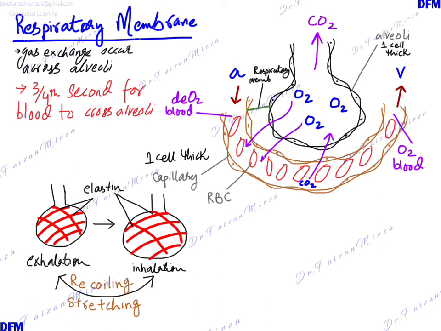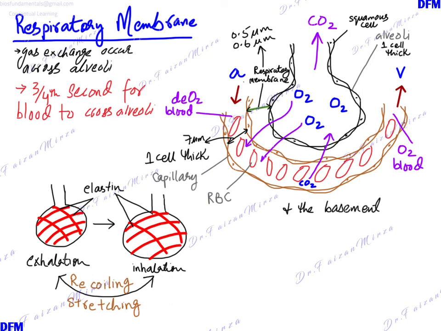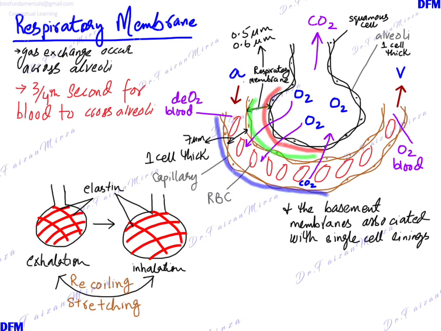This region is the respiratory membrane. The respiratory membrane is the region that will allow gas exchange to occur. It's about 0.5 micrometer to 0.6 micrometer. You know that the blood capillary is about 7 micrometer long. So this is how the squamous epithelial lining of the alveoli allows the gas exchange to occur. Basement membranes are present across the single cell lining, so they will also be there, but they will not provide any kind of substantial barrier for diffusion to have any difficulty crossing